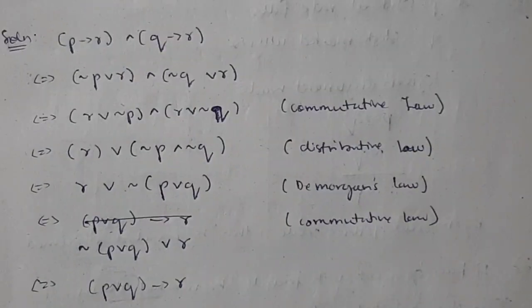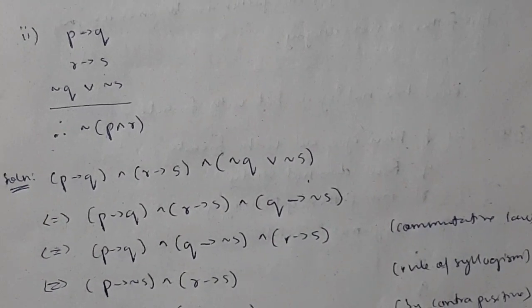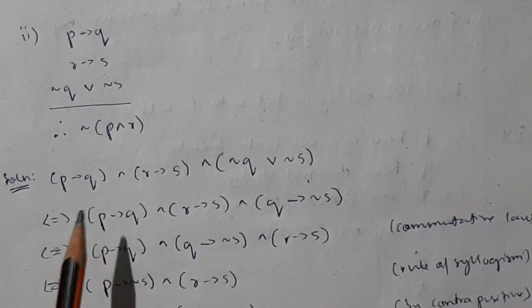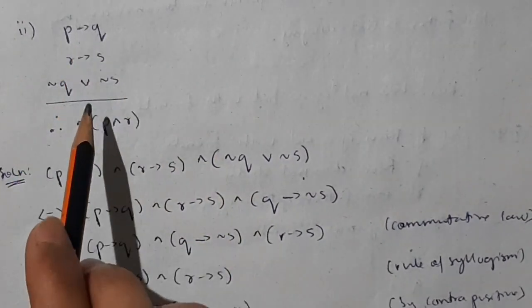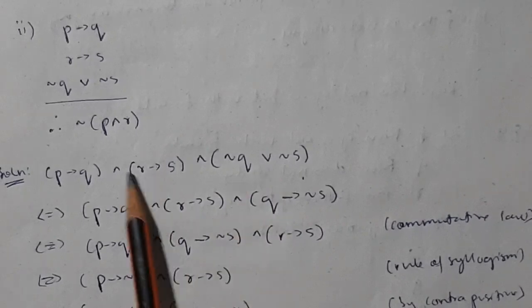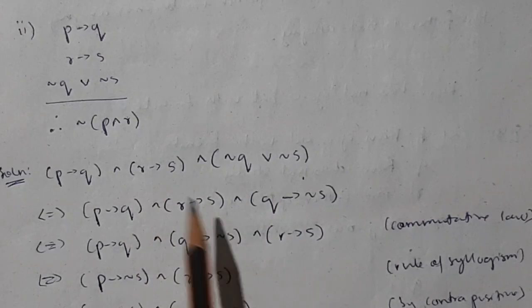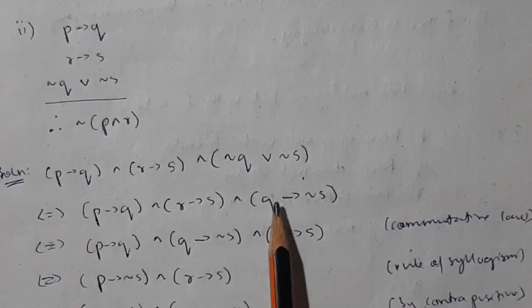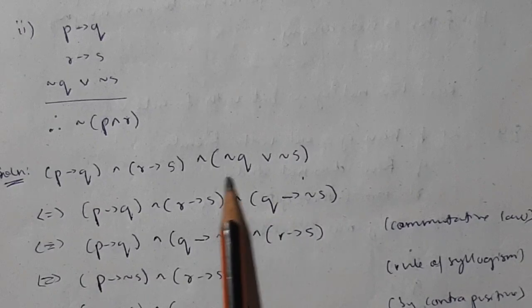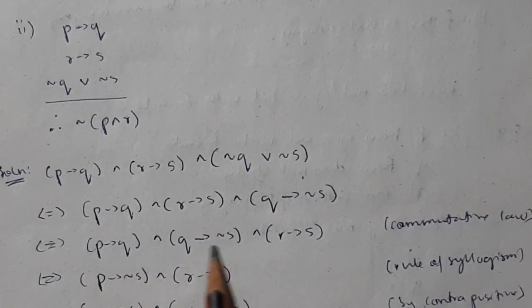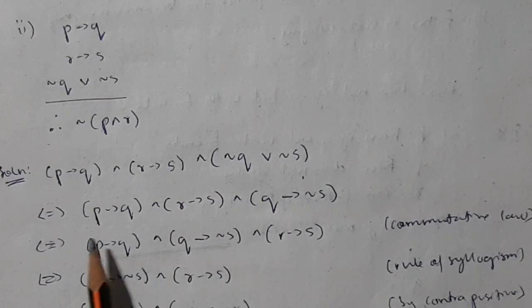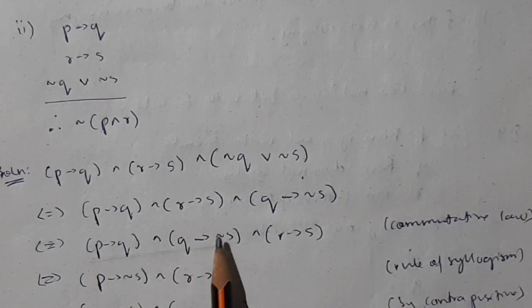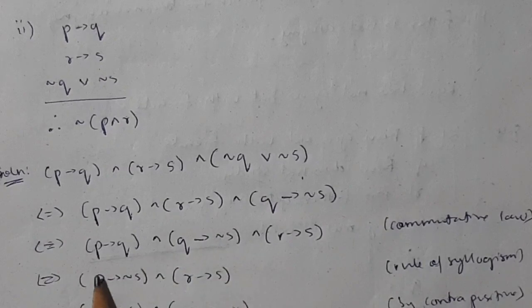Let's see one more question. This is a similar question, P conditional Q and R conditional S. Now see, you can write this in the form of AND gates. Whatever is in the top, you will write it in the form of AND gates. See, R conditional S is written here, but this is converted to conditional. Why have we converted this? So that we can take this here and use this equation to simplify it as P conditional S. See, P conditional Q and Q conditional S. By rule of syllogism, you can write it directly, right?